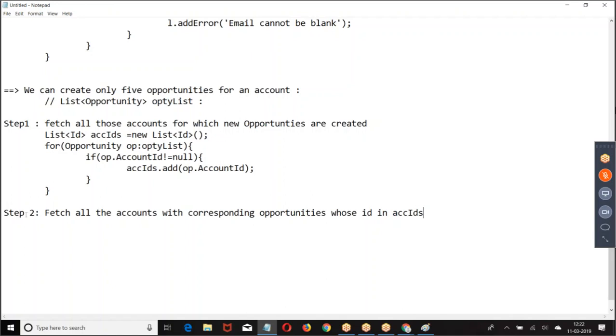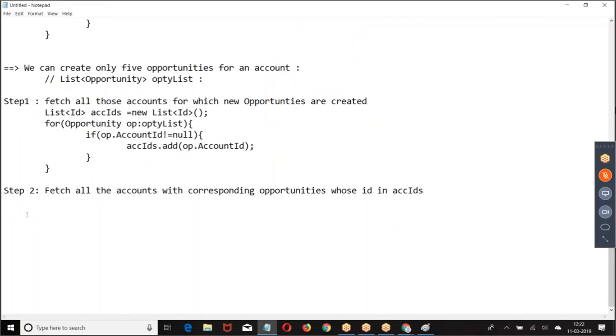Then write a query, fetch all the accounts with the corresponding opportunities whose IDs are in ACC IDs.